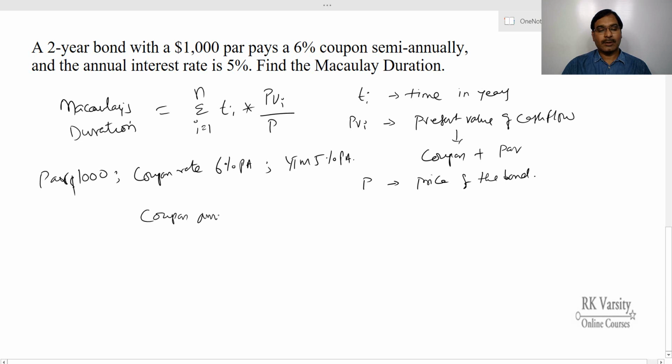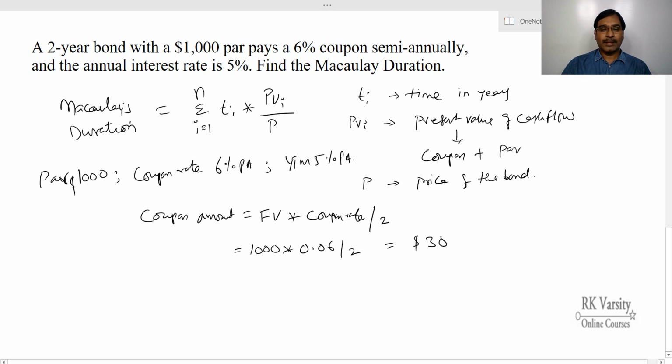Coupon amount equals face value or par value times coupon rate upon the number of payments. This is semi-annual, so you have two payments. So this equals $1,000 times 0.06 upon 2,